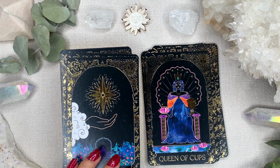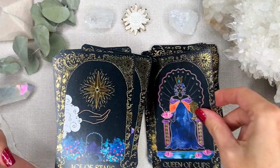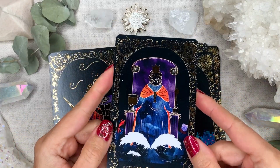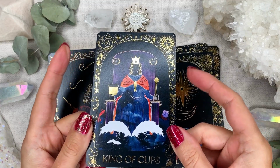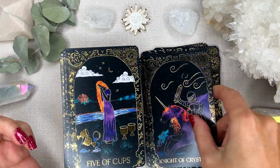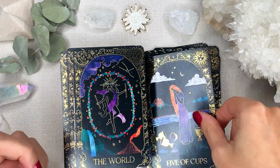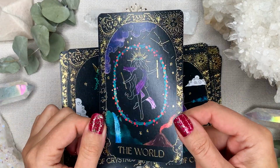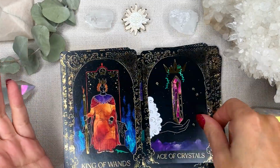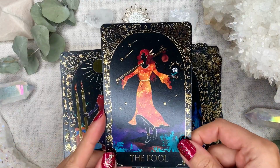I don't love it. But yeah, the illustrations are just a bit plain. I don't know how else to describe it, just a bit uninspired. Actually, not uninspired, that's harsh. Traditional, I guess. I feel like they're very traditional, and I was sort of expecting more of her to come across in the imagery, whereas this just feels very Rider-Waite-Smith to me. And that was not just the case with the artwork, but also with her descriptions in the guidebook. So I was just expecting a more original slant on the RWS rather than something that sticks very closely to the